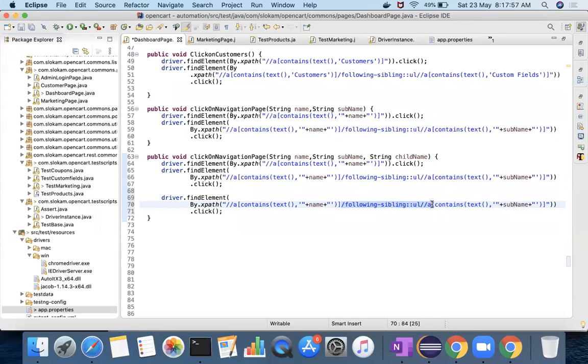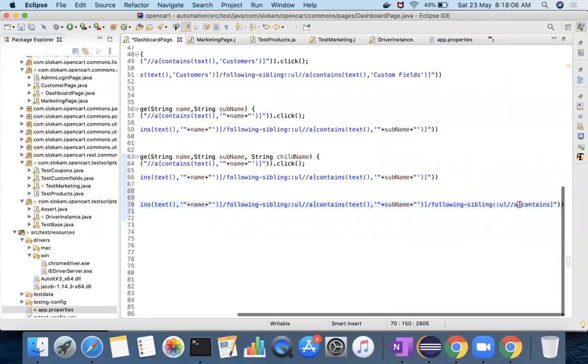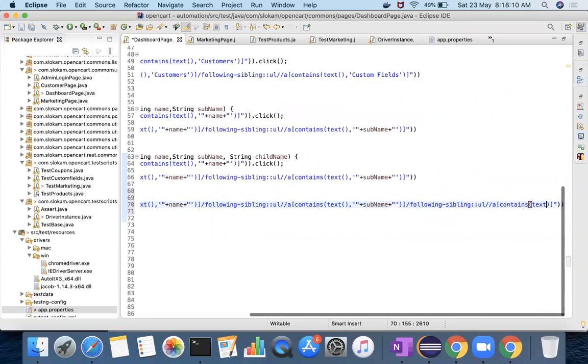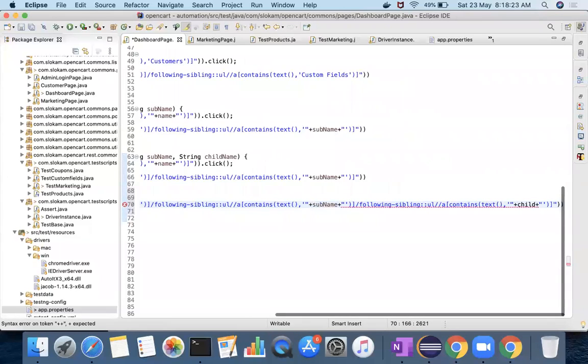Following sibling anchor tag, and then contains text comma, this is the value. Actually value will be a variable, that's why you have to give this one.